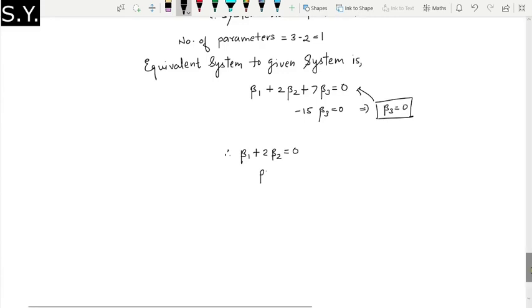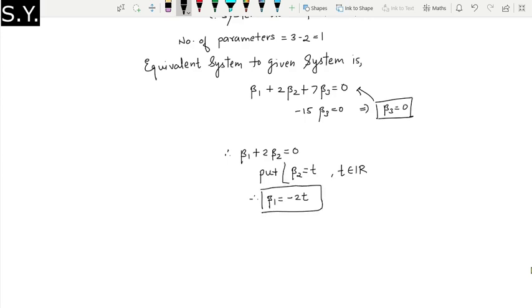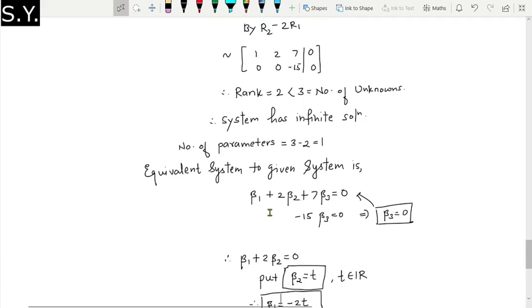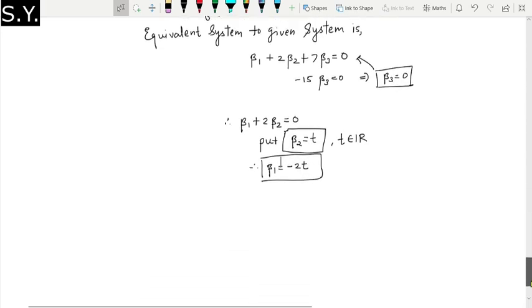Now you can put the parameter, either you can put for beta 2 or beta 1. I will go for beta 2 where t is a real number. So therefore what will be my beta 1? My beta 1 will be minus twice t, right? So I got beta 1, I got beta 2. Now this implies our set is linearly dependent actually. सेट लिनियरली इंडिपेंडेंट कधी येतो जर इथे युनिक सोल्युशन आलं तर ह्या सिस्टीमला. ज्यावेळेस इन्फाइनाइट सोल्युशन येत असेल देन इट इज शुअर दॅट आवर सेट इज linearly dependent.